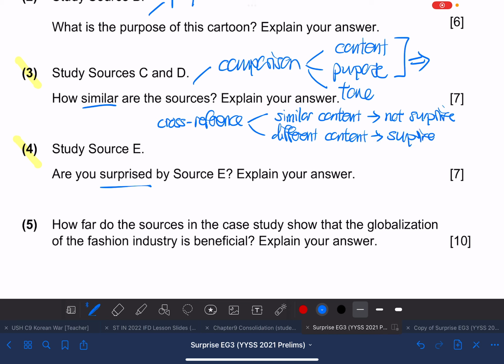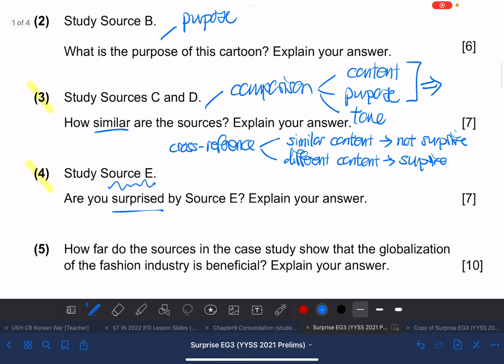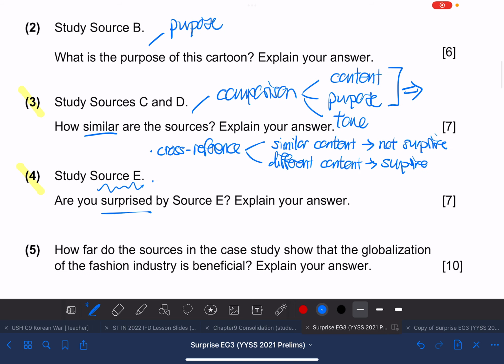Now, obviously, if you have to do a cross-reference, it means that you need to understand more than just one source, more than just source E. You need to be able to cross-reference to other sources in the case study. So source A, source B, source C, source D, whichever one has a matching content. That's for your cross-reference. The other way to answer a surprise question is to analyze the provenance, or what is